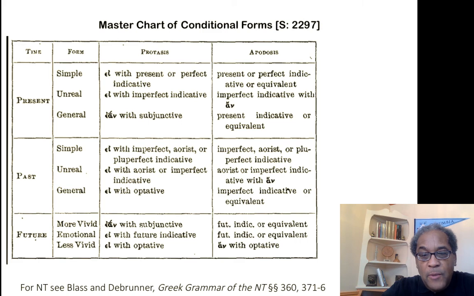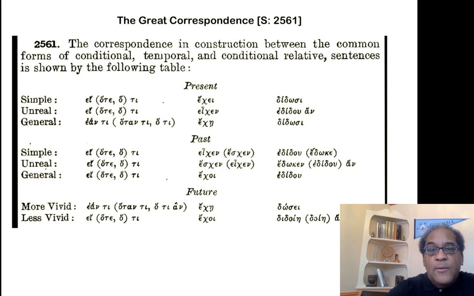As far as New Testament grammar is concerned, here are the sections from Blass and Debrunner, 360 and 371 through 376, that explain the simplified state of affairs you have in New Testament Greek. But the real reason why this is important is escalated by the fact that you have this phenomenon which I call the Great Correspondence. And this is the fact that, as somebody says in section 2561,